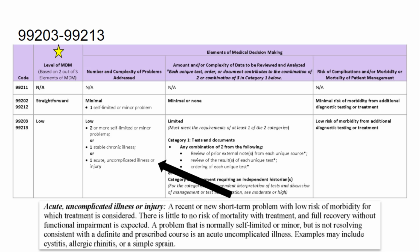would. Yeah, Jen, let me jump in on this one also. Don't forget, there are 2 components you need to think about when we're talking about acute uncomplicated illness or injury. One is what we're seeing here: there's little to no risk of mortality with treatment, full recovery without functional impairment is expected. Totally understand. A problem that is normally self-limited or minor, but is not resolving consistent with a definite prescribed course of acute uncomplicated illness. Meaning, what you're looking for here from a documentation standpoint is, do you have complicating factors